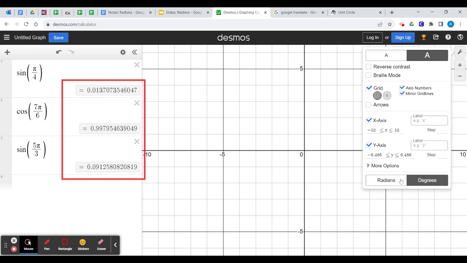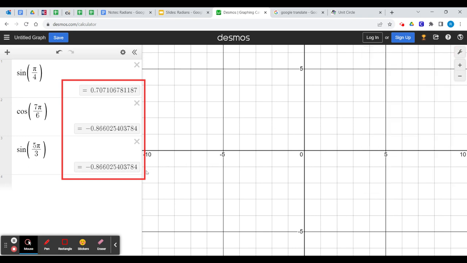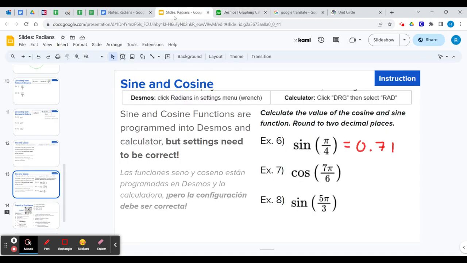We saw that yesterday in our exit ticket with a few people where we didn't have the settings right. So make sure that we're working in radians when we're with radians and degrees when we're with degrees. It looks like we have negative 0.87 for both of our answers here, the cosine and the sine. So I'm going to write that in, equals negative 0.87